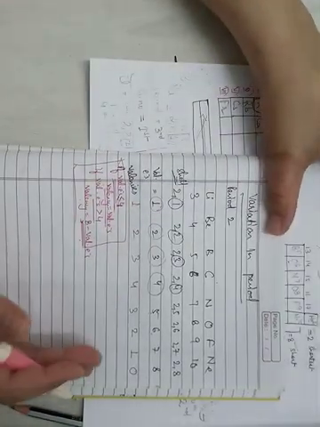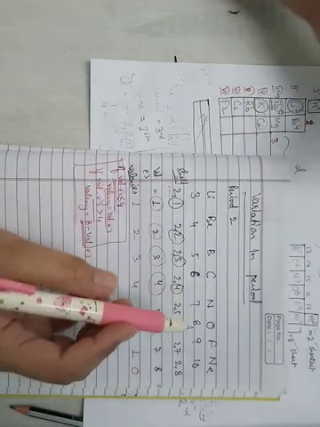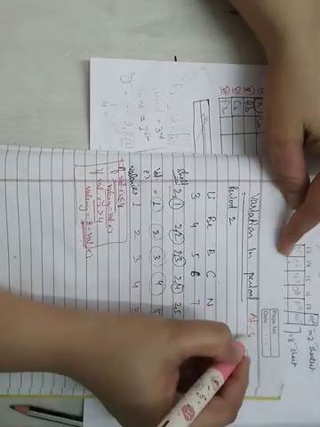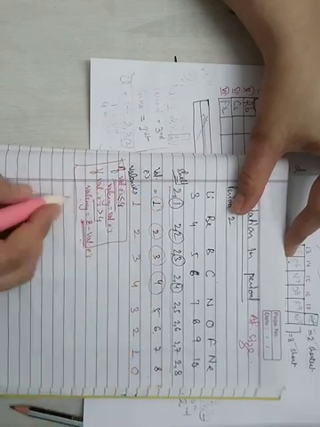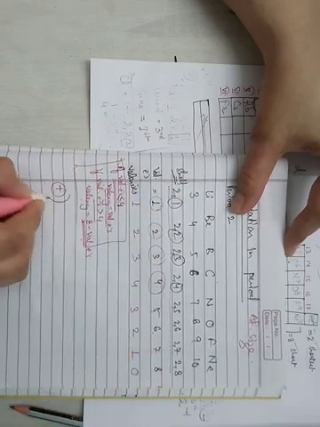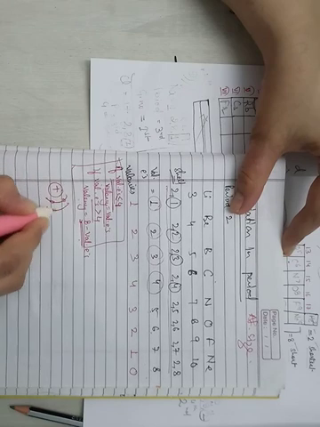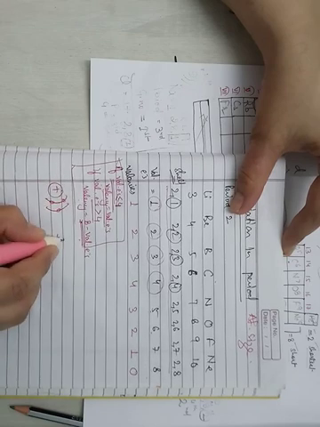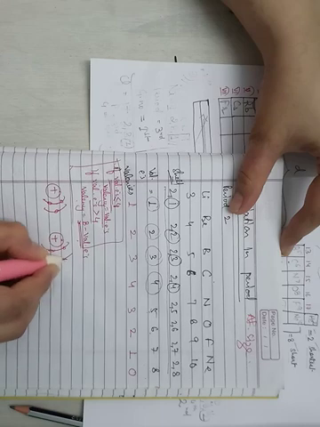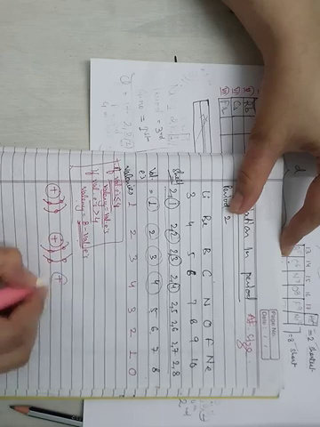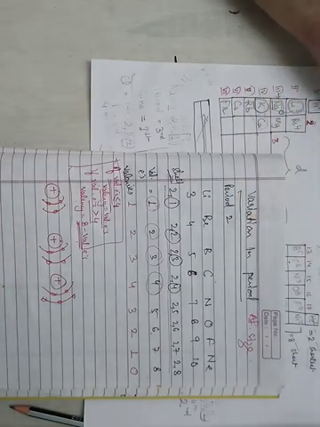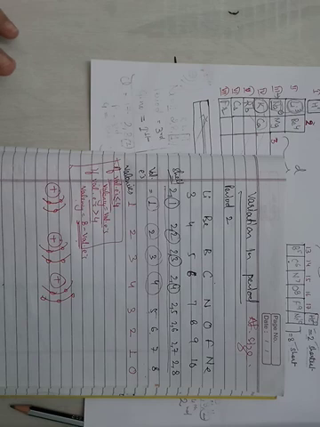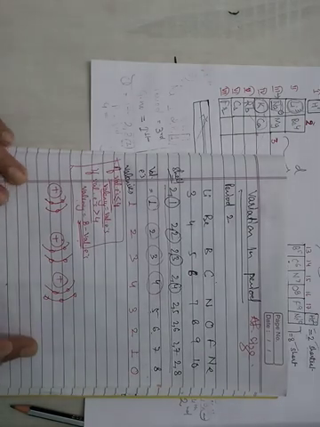So when you move left to right, we are discussing atomic size right now. In atomic size, what we see is the shell is remaining constant. Lithium has 2 shells: 2 in the first shell, 1 in the second shell. Then beryllium again has 2 shells: 2 in the first shell, 2 in the second shell. Boron has 2 shells: 2 in the first shell, 3 in the second shell. So like this, shells are not increasing. The shells are remaining constant.